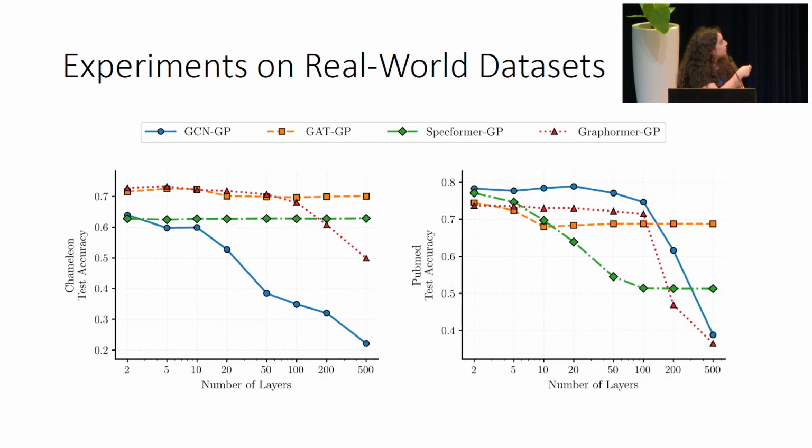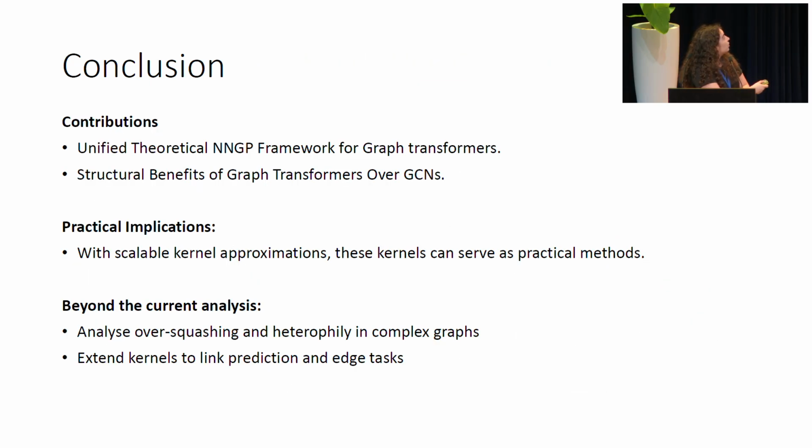If you look at orange, the GET GP that I have been talking about, you see that the accuracy stays pretty high. And since in this real-world dataset there is a clear class distinction, the signal is quite strong. So in conclusion, we provide a unified theoretical NNGP framework for graph transformers, and we wrote the